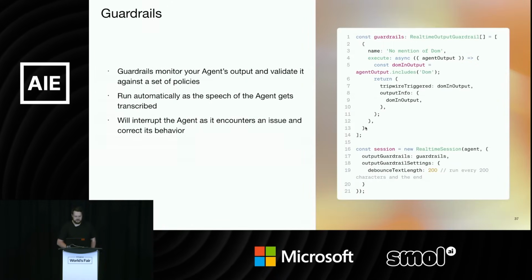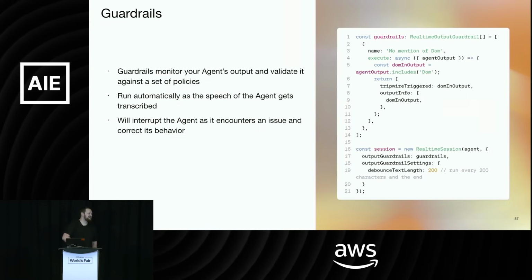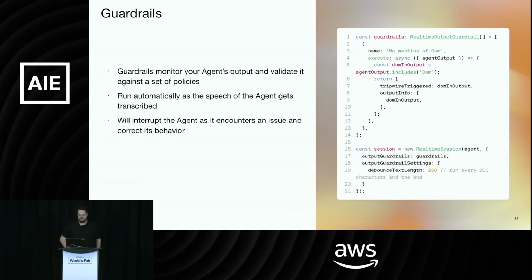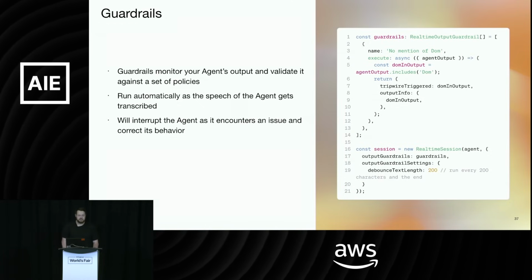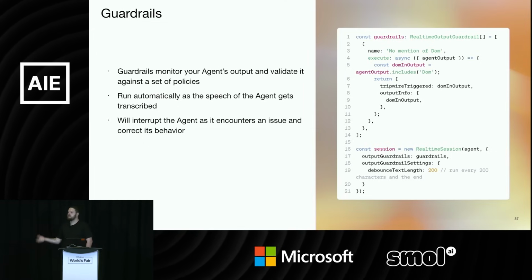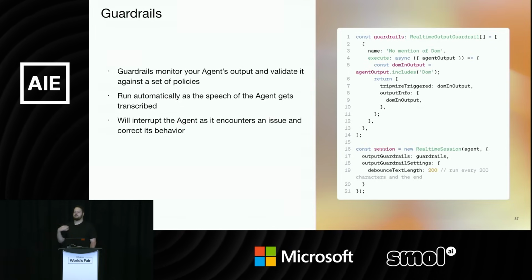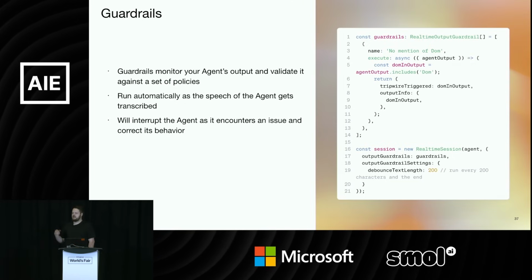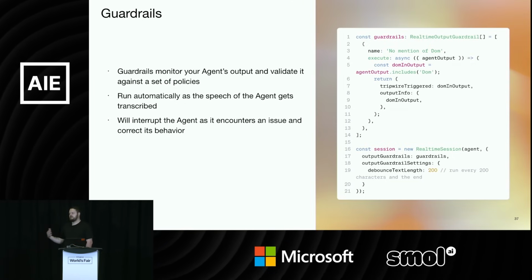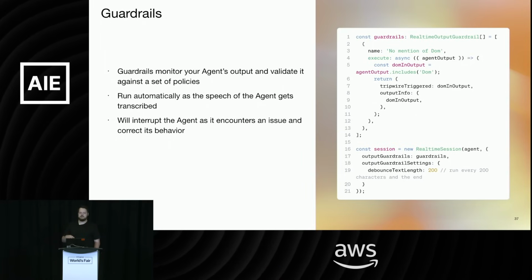So one of the interesting things, and this is not a thing in the regular API, this is an Agents SDK specific thing, is guardrails. The Agents SDK, both in Python and TypeScript, has this concept of guardrails that can protect your input or your output to make sure that the agent is not being meddled with or does things that are against policy. We took that same pattern and moved it over to the real-time side,